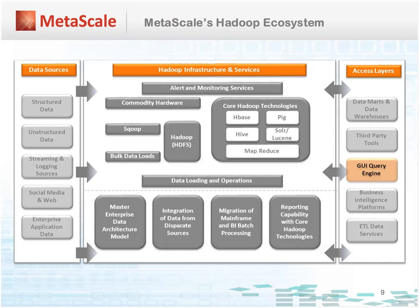So this slide shows the Hadoop ecosystem. If you are familiar with some of the tech companies' architectures, it's very much in line with what you would see for Facebook or Google, where the entire Hadoop ecosystem and architecture is being used, with data sources coming in, and these data sources could be structured as well as unstructured or semi-structured, really, and then moving into the loading process and the operations with